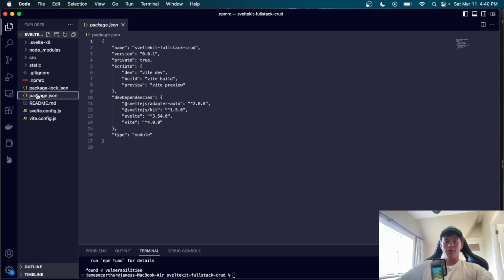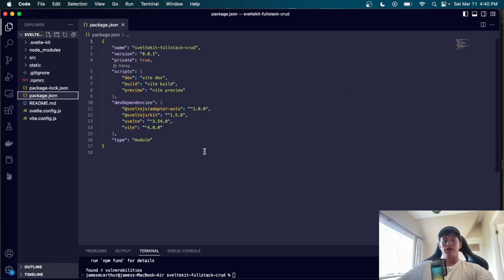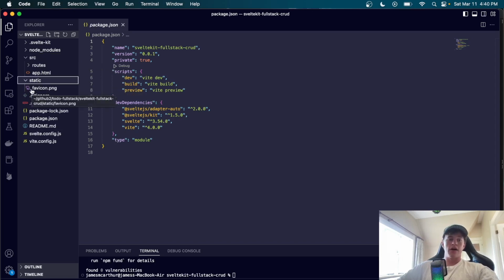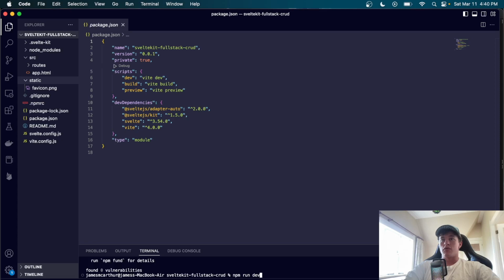After that, we have the package.json, which is obviously for managing all of our dependencies and some of our scripts and stuff like that. Then we have the source, which is where all the magic is going to happen. So that will be our components, our routes, our context, stuff like that, our stores. And then we have a static file, which is for serving static assets like pictures or whatever that might be, maybe a font family. So now that that's all done, we can go ahead and run npm run dev inside